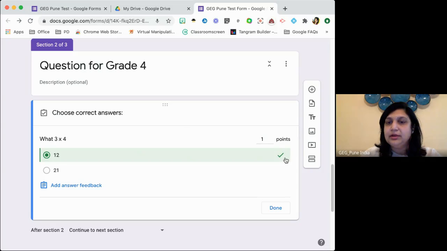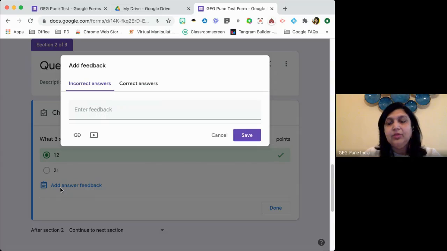So as soon as you click it, it becomes right. So you're telling the form that 12 is the right answer. If it is correct, give the child 1 point. And if they get it right or wrong, you want to give instant feedback to the student, right? Kids are very excited as soon as they see feedback, and it is very good for learning. The first option it shows is incorrect answer.